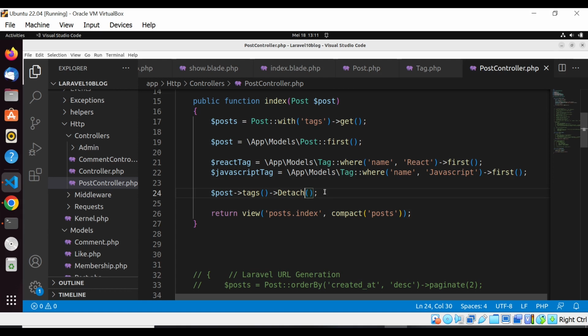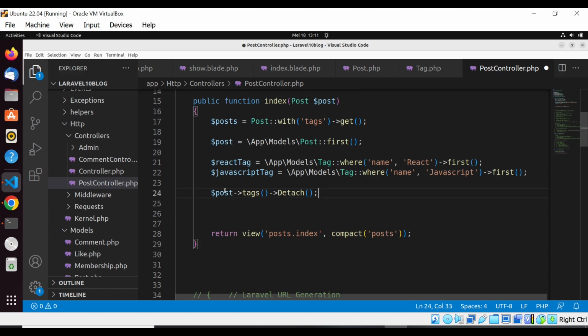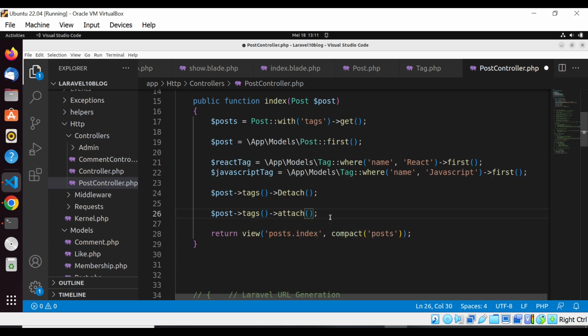Now, what it will do is remove the current tags that we added, and then here we are going to have the ones that we want. Actually they are the ones that I've just removed, but we can just have them again. So here I'm going to have another concept within many-to-many relationship called attach. So the attach keyword here is going to attach the new